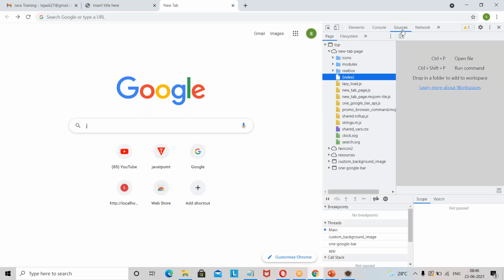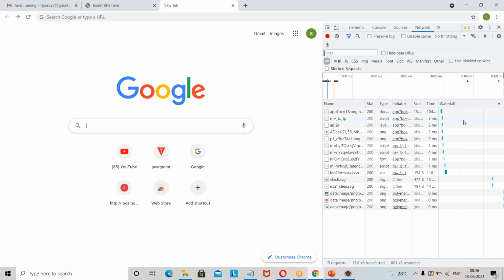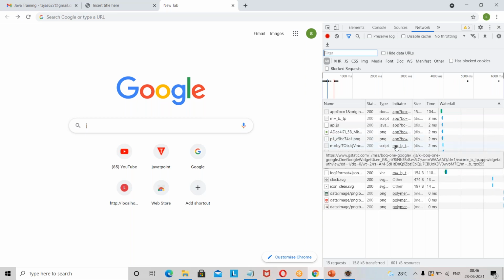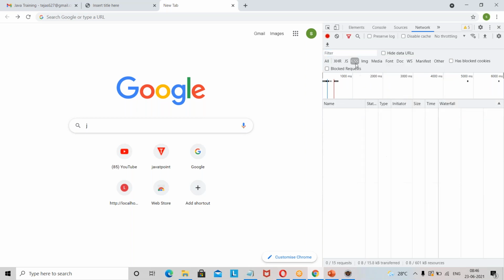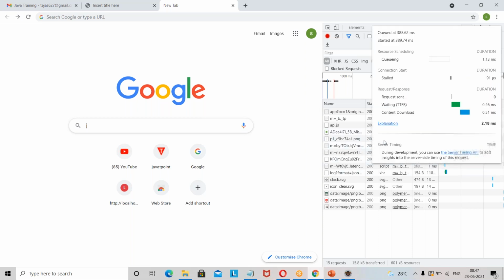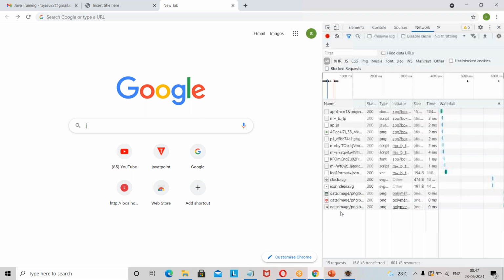Now in Network you see there are a lot of components under the name, right? All these components like API.js, data, images. Can you click on All? And at the bottom you see these are the components that you got, right?